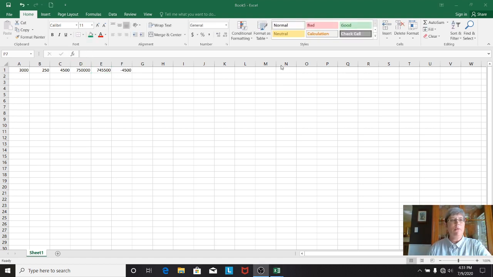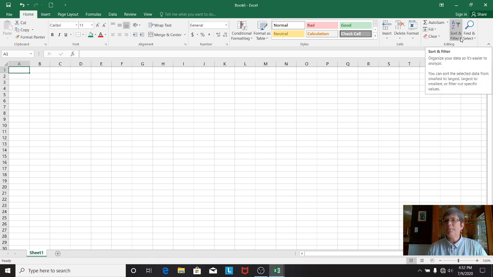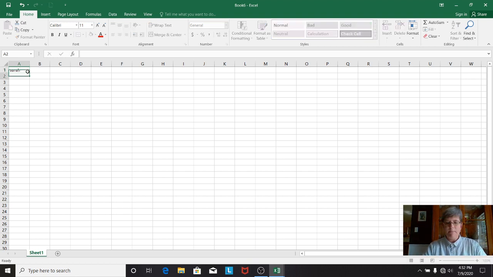All right, so I'm going to just get a blank document for us, and then I'm going to show you that you can quickly organize a worksheet by sorting your data alphabetically, numerically, and many other ways. And the way you do that is you use this sort filter drop down menu. I do need to enter some information, so I'm just going to do Sarah, Joyce, Tina,